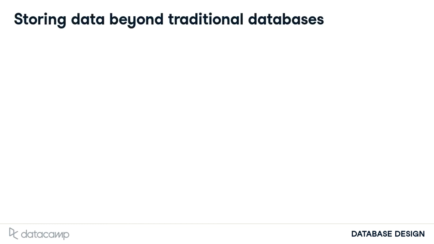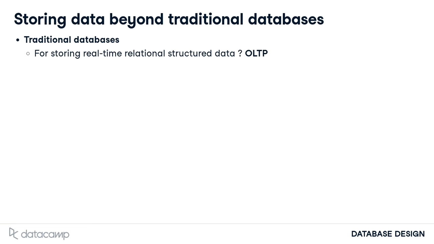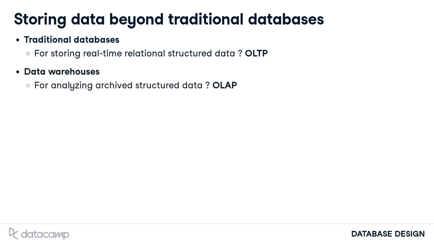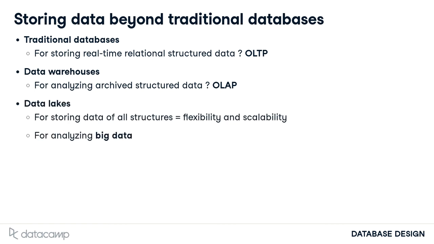You should already be familiar with traditional databases. They generally follow relational schemas. Operational databases, which are used for OLTP, are an example of traditional databases. Decades ago, traditional databases used to be enough for data storage. Then, as data analytics took off, data warehouses were popularized for OLAP approaches. And now, in the age of big data, we need to analyze and store even more data, which is where the data lake comes in.